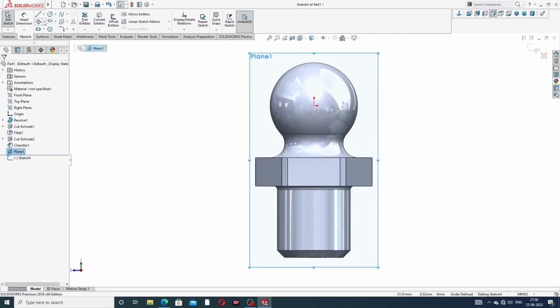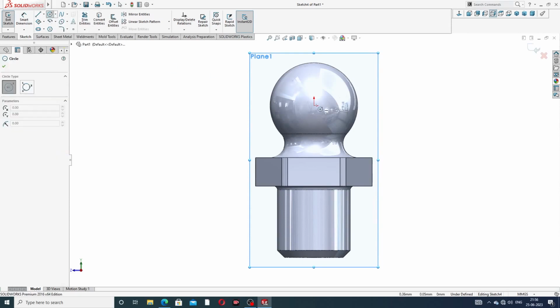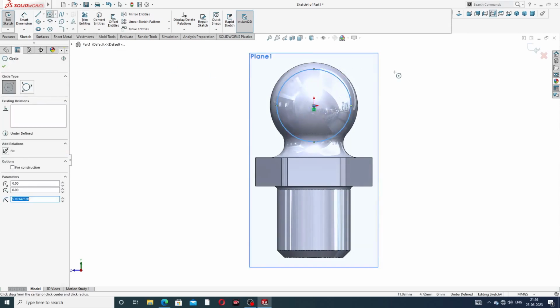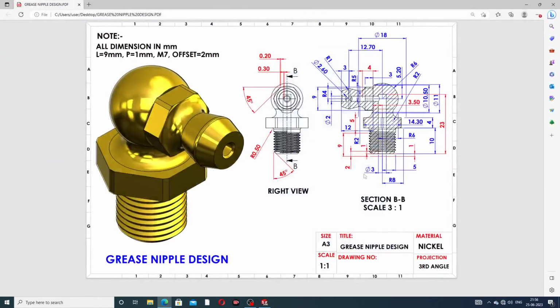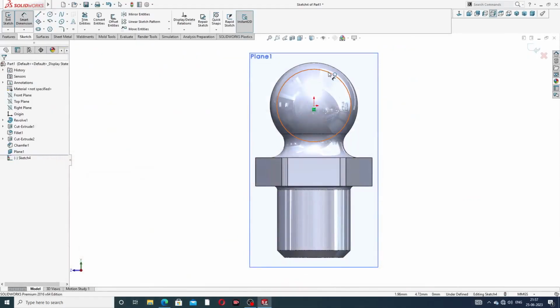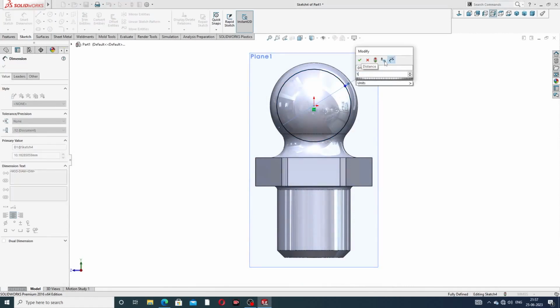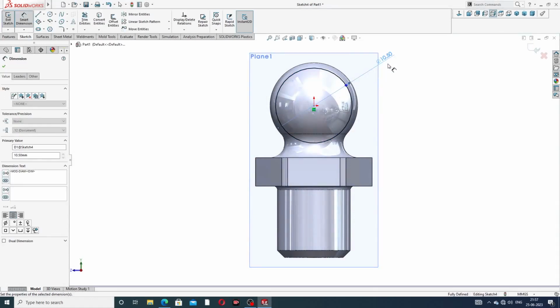Okay, and draw a circle. The circle is drawn here, and this circle diameter is for the cutout. Okay, and this diameter is 10.5. Okay, 10.5 is perfect,